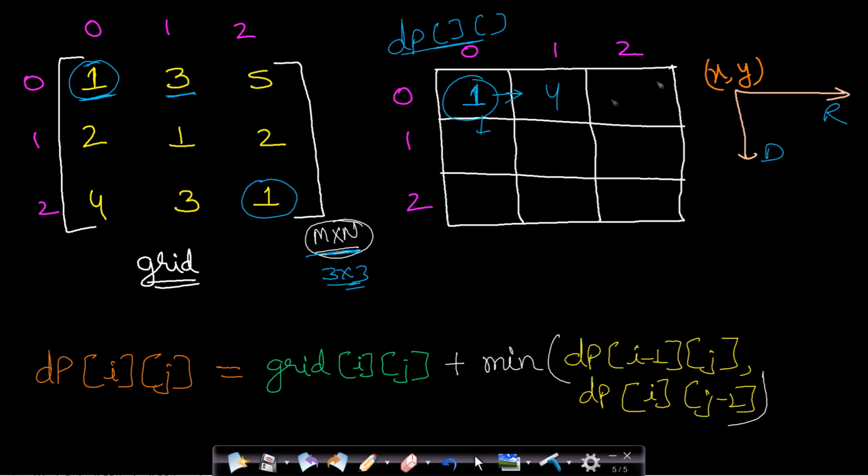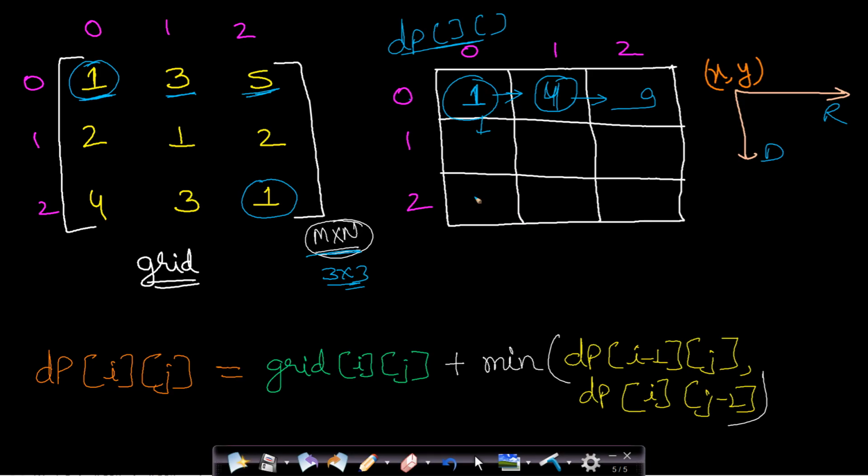Now let's say you want to reach 0, 2. Then how will you reach there? There is only one possible path to reach 0, 2, which is from 0, 1. So you will add the previous value in the DP table, which is 0, 1, because this is the cumulative path length from the starting point 0, 0 to this current cell. So if you want to reach the next cell, then you will have to add the 0, 0 to 0, 1 path length plus this current cell cost. So the current cell cost is 5. You will add 5 to 4 and it will be 9. Now the first row is filled.